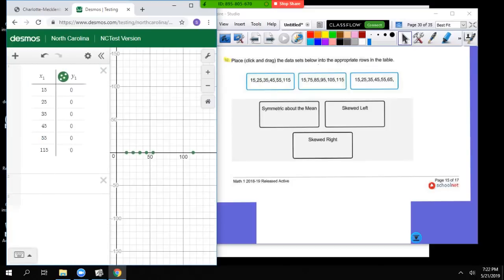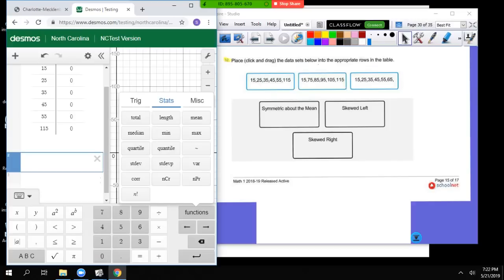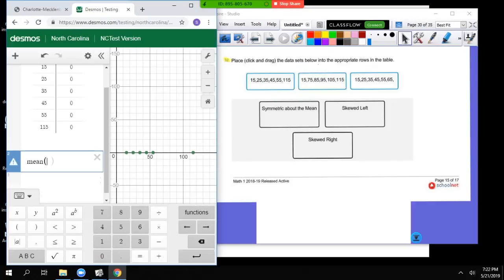Now, what I'm going to do is use what we know about mean, because all of these are asking us, relative to the mean, how is the spread of the data, okay? So here I'm going to go ahead and calculate the mean. So functions, stats, mean, okay? Now, because I'm just dealing with this one, which we've designated as x1, I'm gonna type in x of 1. That's all the data I've got in right now, okay? And I see that value of